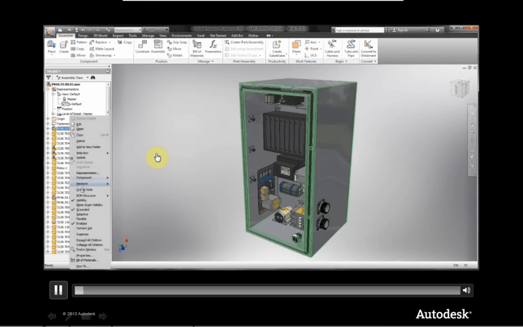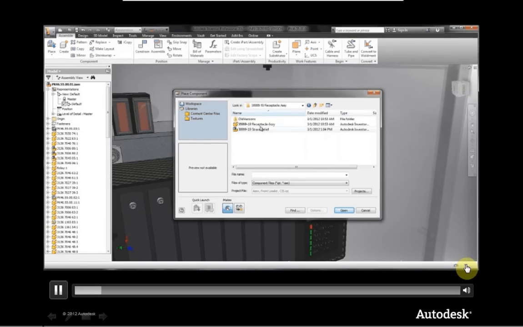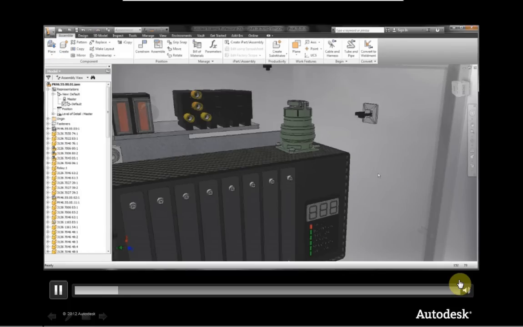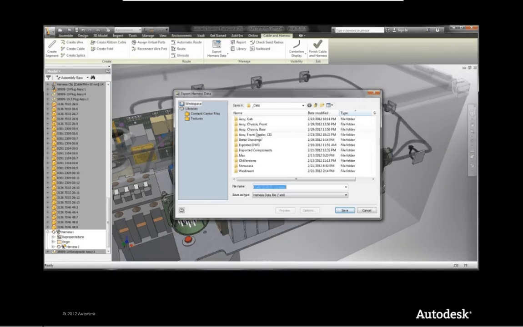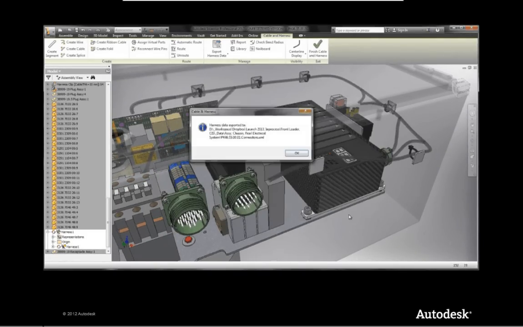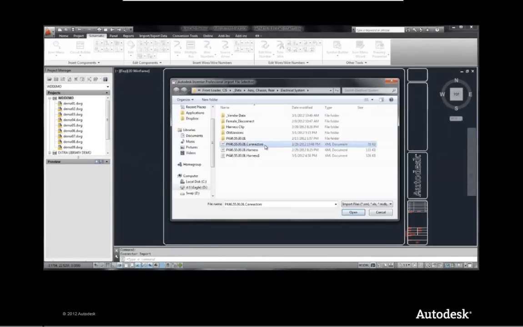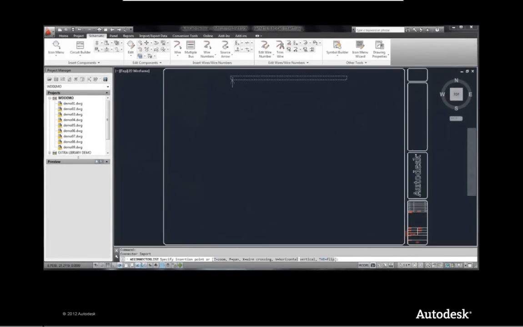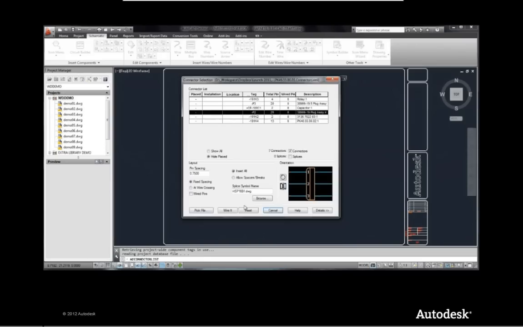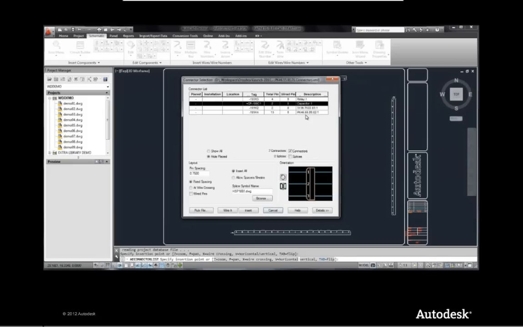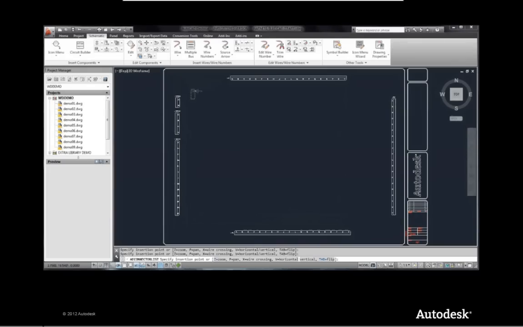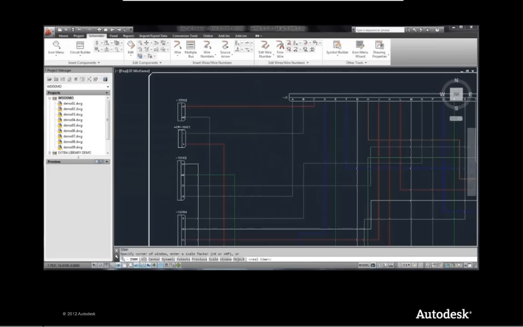With the wire harness software within the routed systems, we have the ability to publish connectors with pins, and take schematic data from AutoCAD Electrical. Here we are in AutoCAD Electrical producing our schematics, but we can output this schematic data to the routed systems within Inventor, and that will enable us to route from the output from the AutoCAD Electrical schematic the relevant wires and cables from connectors within your 3D model,